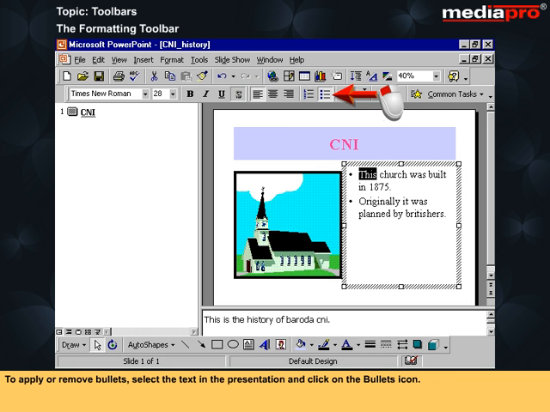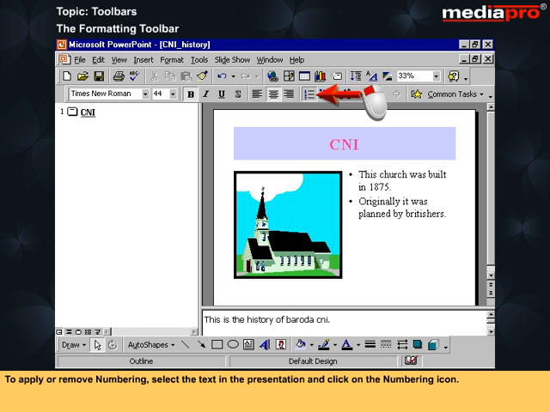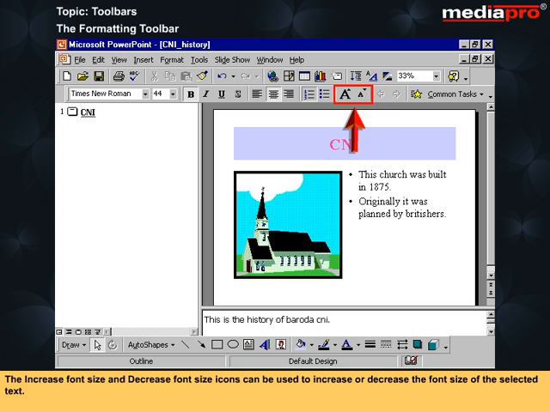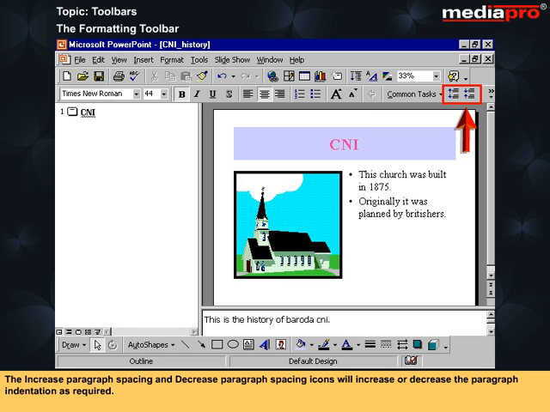To apply or remove bullets, select the text in the presentation and click on the bullets icon. To apply or remove numbering, select the text in the presentation and click on the numbering icon. The increase font size and decrease font size icons can be used to increase or decrease the font size of the selected text. The increase paragraph spacing and decrease paragraph spacing icons will increase or decrease the paragraph indentation as